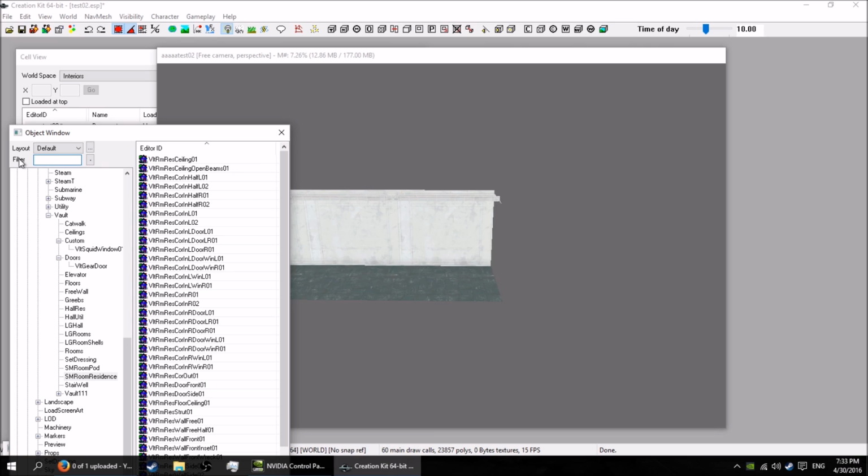Now the next thing we need is corners on our room. For this wall here, we're only going to get the one corner. We need both corners actually. So corners, let me see here. Corner in,